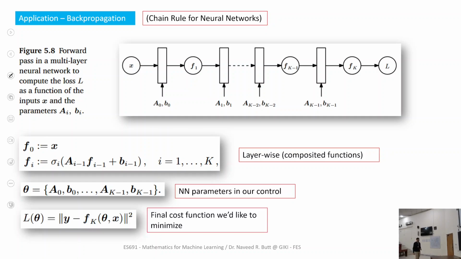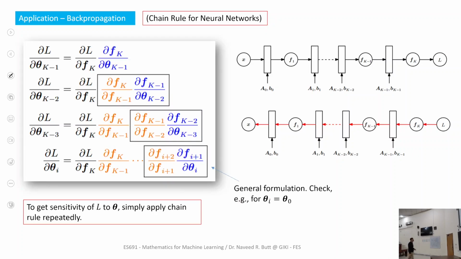Now we want to see the sensitivity of this cost function to theta so that we can tune it. But to get to that, theta appears in fk, but fk is inside fk minus 1, fk minus 1 is inside fk minus 2, heavily composited. But okay, we can just keep applying the chain rule. So we say okay,